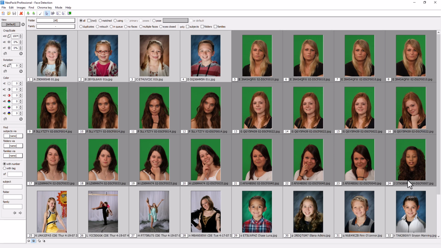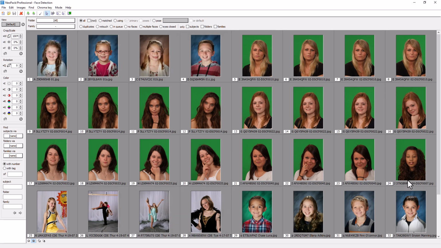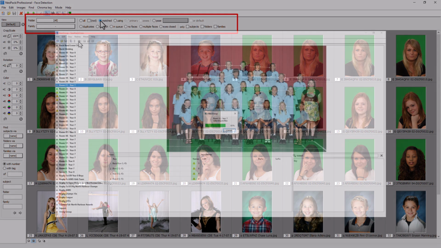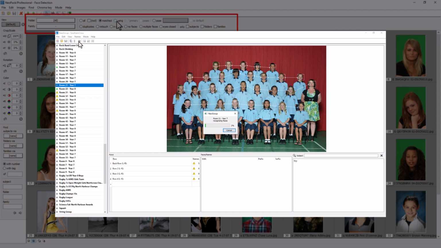Next, you simply select all the images that you want to detect faces for. Of course, the simplest thing to do is a Control A to select all the images, but perhaps you don't need to do the detection on all your images. To this end, you can use the various filters to limit the images presented. For example, there's probably no need to detect faces for unmatched images you'll never use, so you could filter for matched only.